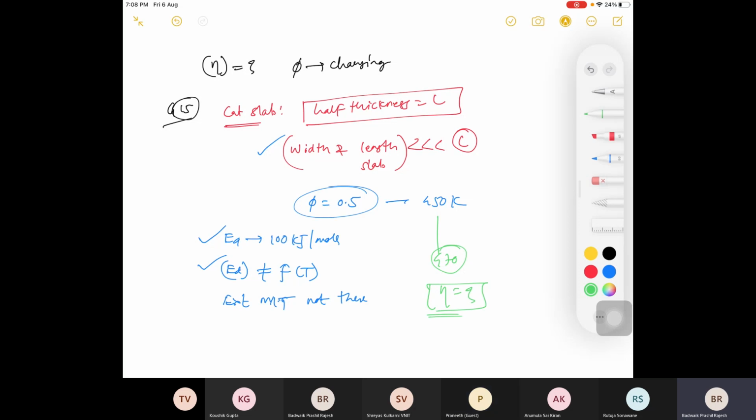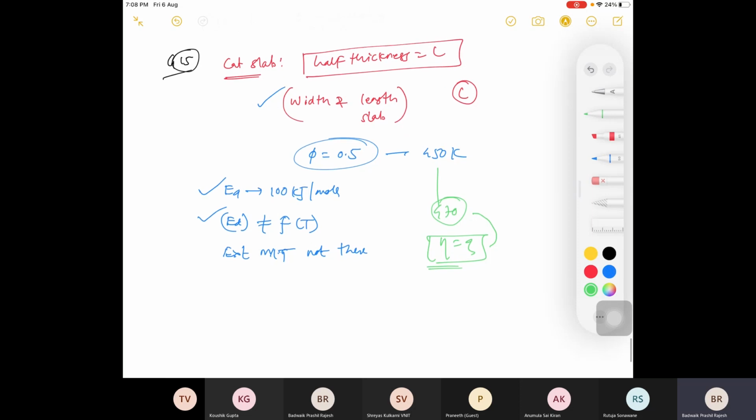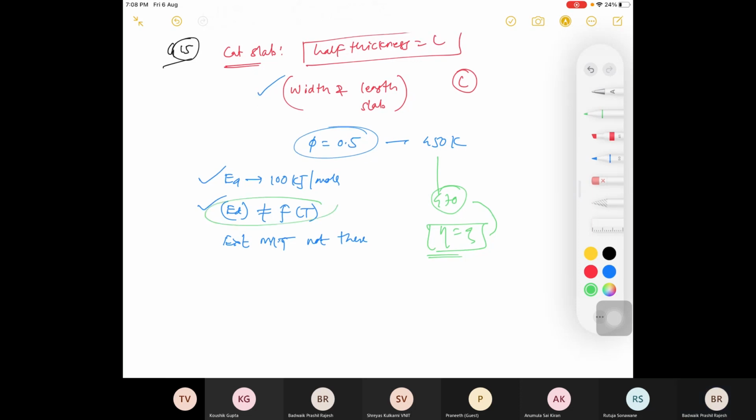How can you calculate now? You have the parameters with you. You need to calculate the effectiveness factor at 470. So you just change this notation. There is a change in temperature, and because of the change in temperature there will be a change in phi. If phi is changing, your effectiveness factor will change, and that's the overall reason here. Even it is told your effective diffusivity is independent of temperature, so you don't need to take care about it. Even external mass transfer is not there, so you don't need to consider that.